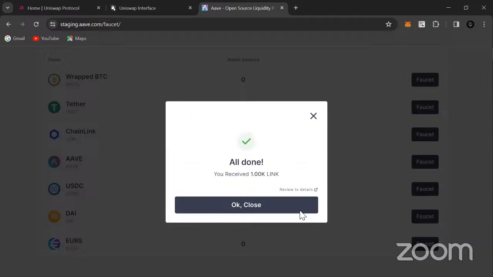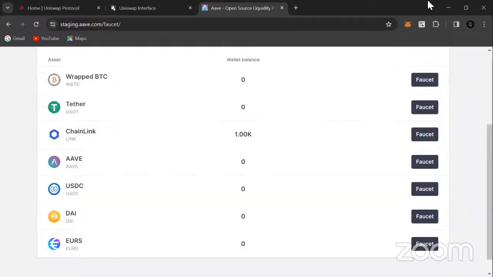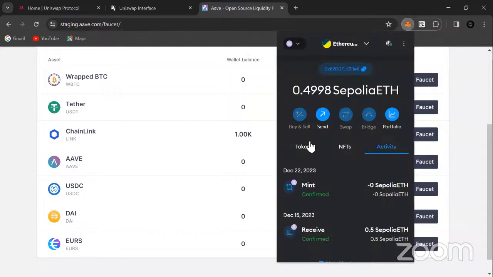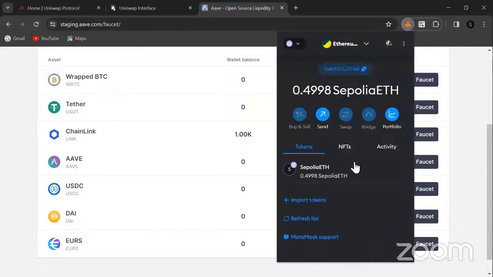So I think that's done. All right, let's see. Okay, so I need to add the Chainlink token to my wallet, in case you are also doing this and you don't see it. Remember, when we were minting our token in the smart contract week, we always had a way of importing tokens.